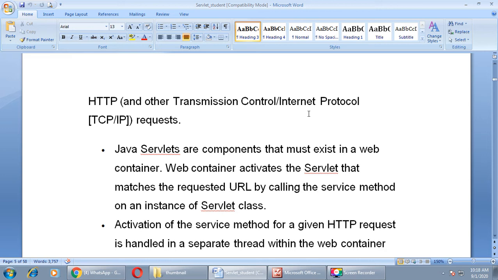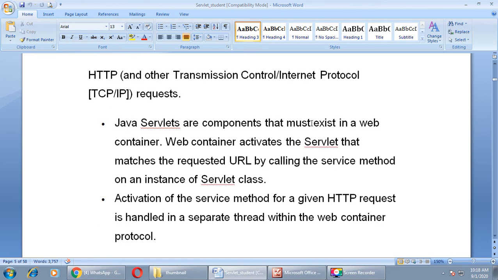Activation of the service method for a given HTTP request is handled in a separate thread within the web container. Whenever the request comes, the service method for a given HTTP request is handled by the web container as a separate thread within the container.